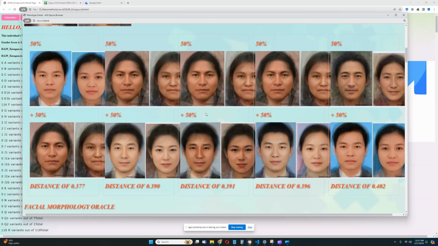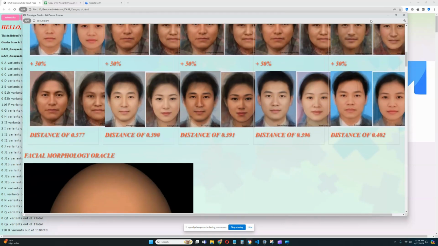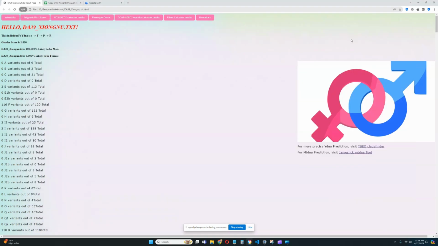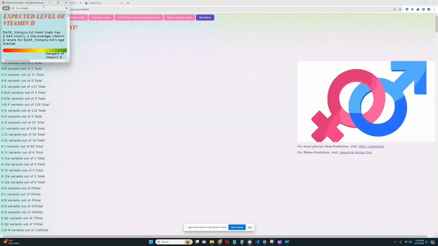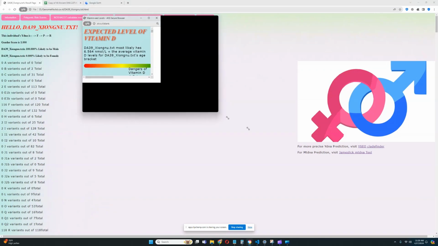So he's quite East Eurasian in his ancestry, but he has a little bit of Native American admixture here, because he's scoring some Native American groups for the phenotype oracle. I guess in terms of his phenotype, he resembles natives a little bit, hence why he scores them in the oracle. All right, let's go ahead and see what he scores for the biomarkers panel and his predispositions to various